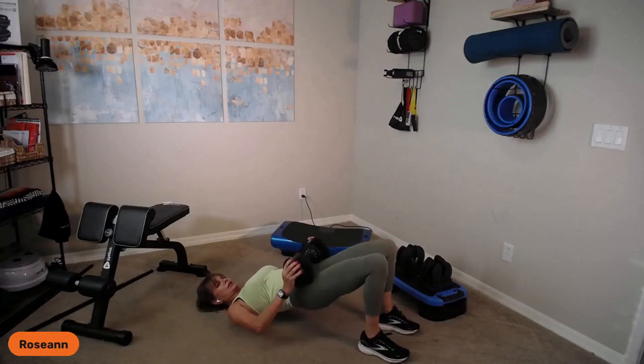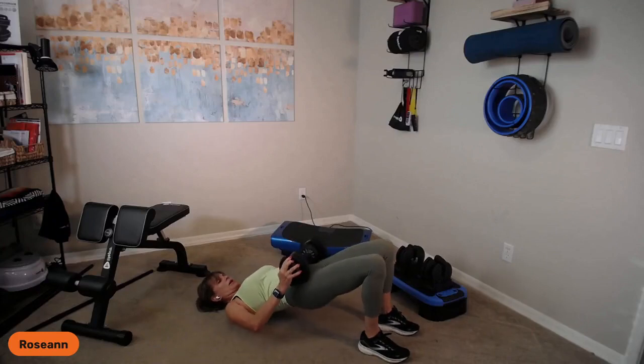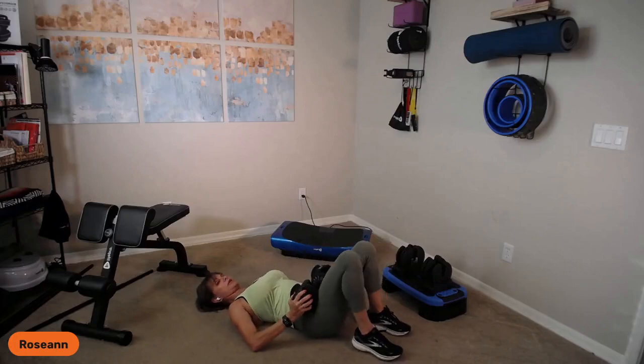Now I'm turning my head to kind of look at the camera. I want you to look straight up. Pretty key that you keep your spine aligned. Once you feel the right muscles working,